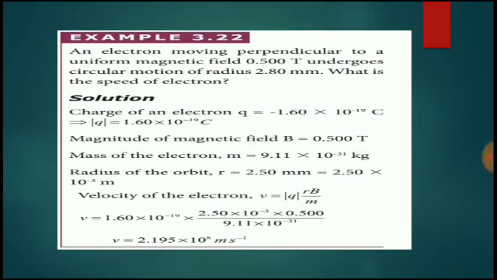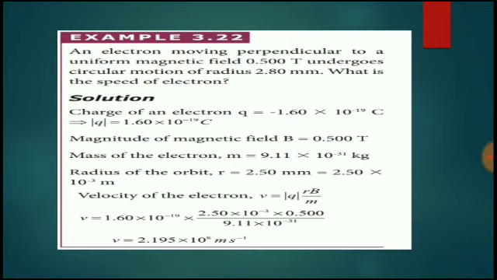And next, problem 3.22. An electron moving perpendicular to a uniform magnetic field of 0.500 Tesla undergoes circular motion of radius 2.80 mm. What is the speed of the electron? We know the charge of the electron q is equal to minus 1.6 into 10 power minus 19 coulomb. Therefore, if I am taking the magnitude, I will get positive, 1.60 into 10 power minus 19 coulomb. And the magnitude of the magnetic field is given,